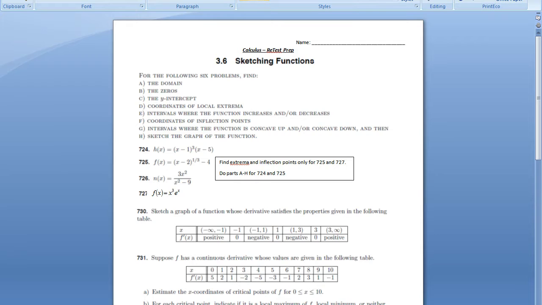They give us all the stuff we have to find. You've got to find domain, zeros, y-intercept, coordinates of the extrema, intervals where it's increasing, decreasing, coordinates of the inflection points, intervals where the function is concave up, concave down, and then actually sketch the graph of the function. Now the only two I'm making you do those for are 724 and 726, but on 725 and 727 I want you to find the inflection points and